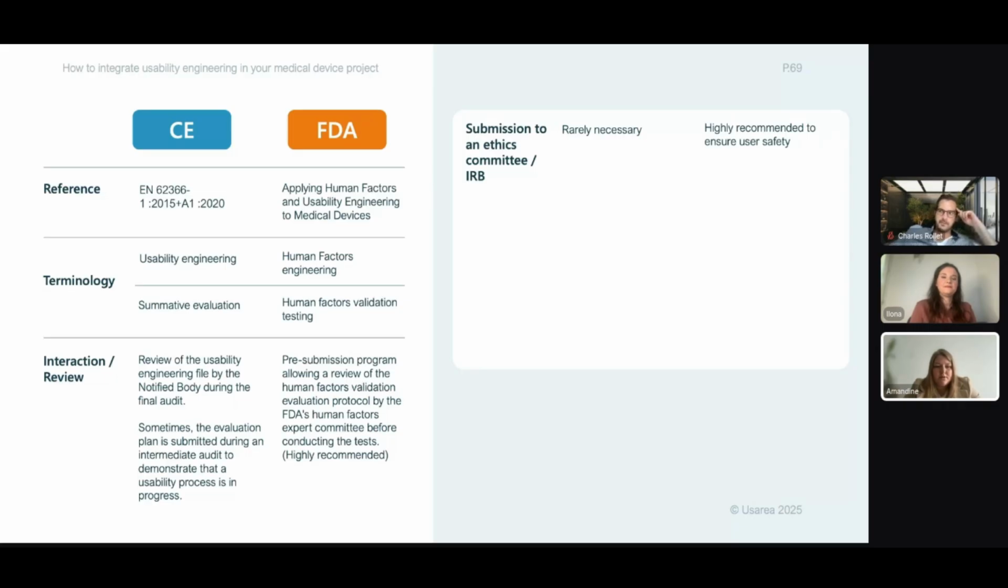Then regarding ethics committees, for CE marking it's rarely necessary. Just to say that for usability, everything is simulated, so normally you don't have to go through an ethics committee, while for the FDA, it's highly recommended to have